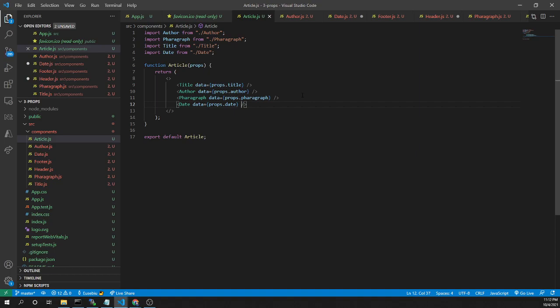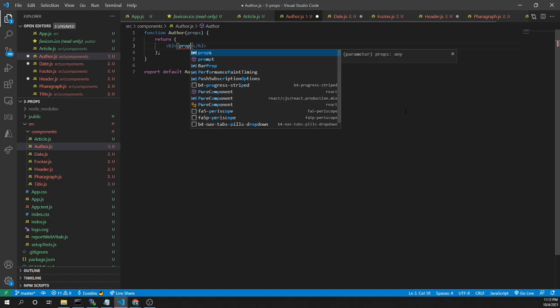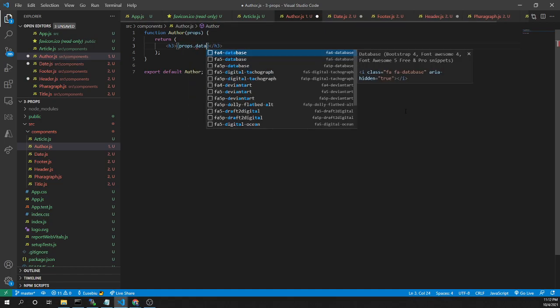Okay, and now in my author component, I need to go in my author component, and here I'll return h3, and here I'll put props data.